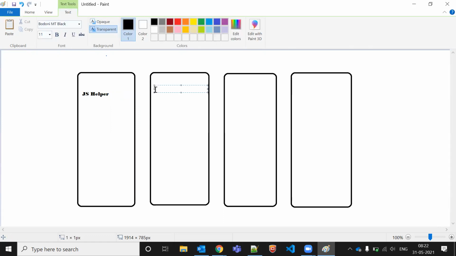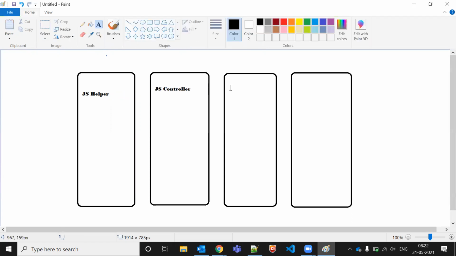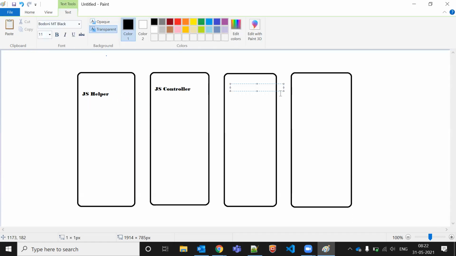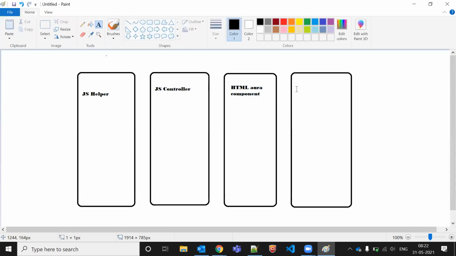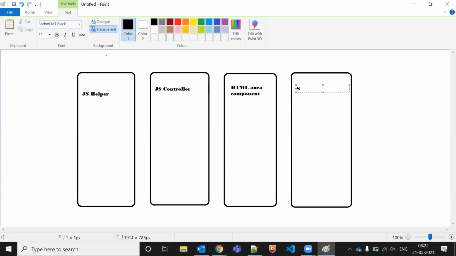This is my JS controller, and this is my HTML, the Aura component. This is my HTML Aura component, and this is the style where we write the CSS. So these are the things.